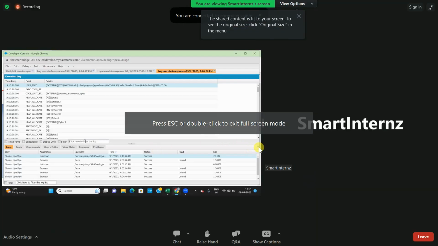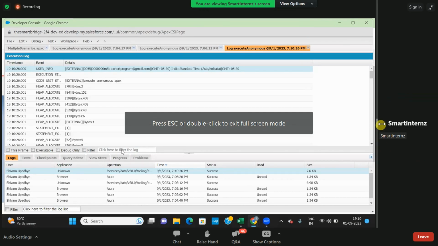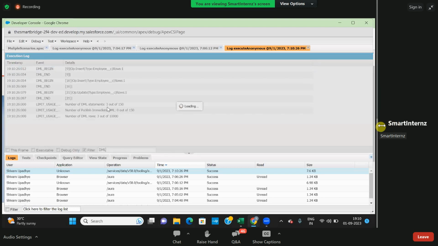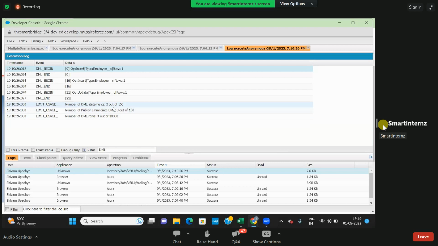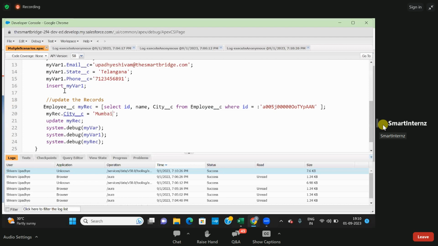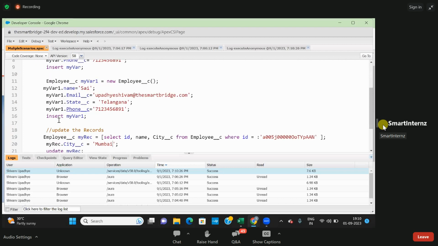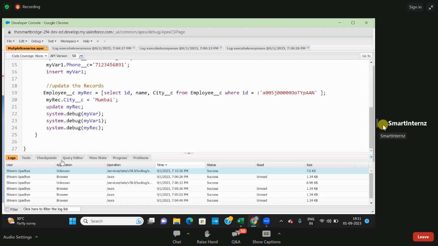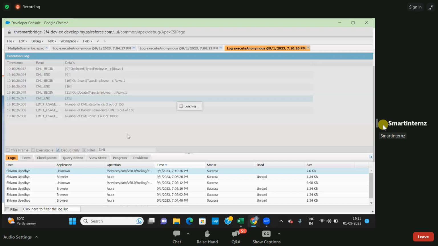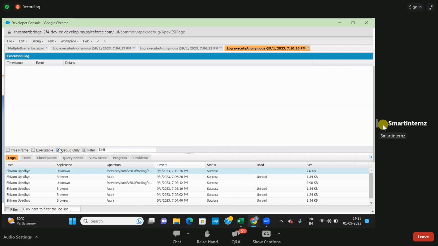Now, if I am searching for the DML operations, how many DML operations it is considering. So I'll write the DML. So here you can see 3 out of 150, right? As I've inserted three, I'm doing the 3 DML operations over here, correct? So it is showing me the 3 DML. One is insert here, then another DML is here, then another DML is here, right? If I go to the debug, here you can see it is not getting printed over here because that record